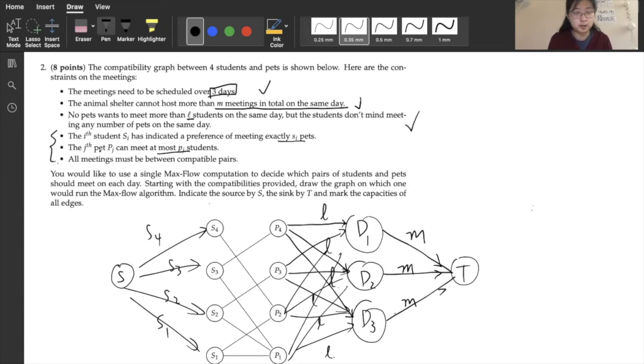The jth pet. Okay, now we have a problem here. Remember we said that I want to make sure that each pet meets at most P_j students. But we see already that the output of P has already been taken. How do we deal with this? Well, we can think,